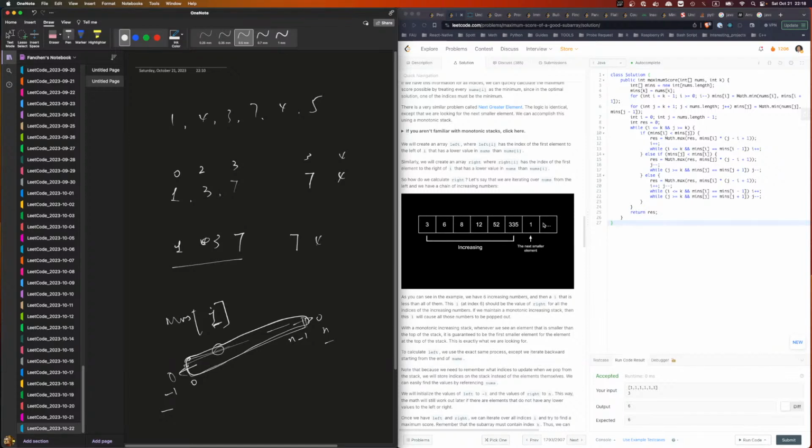And who is the first one to the right of it that's smaller than this? Actually, if this is the smallest value, then to the left I have one. To the right,